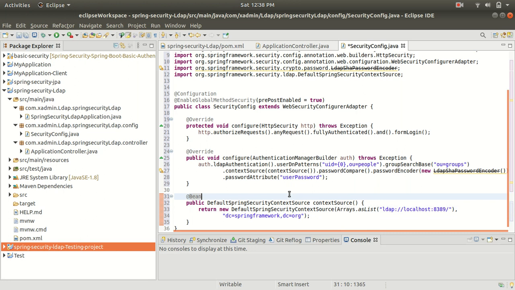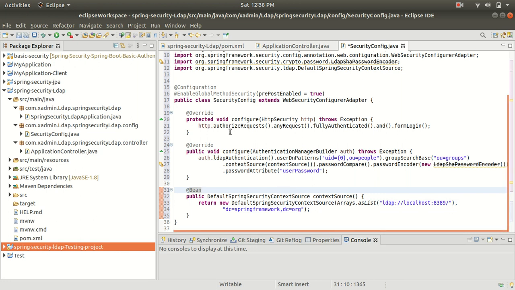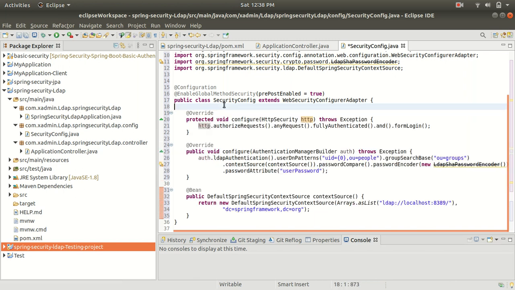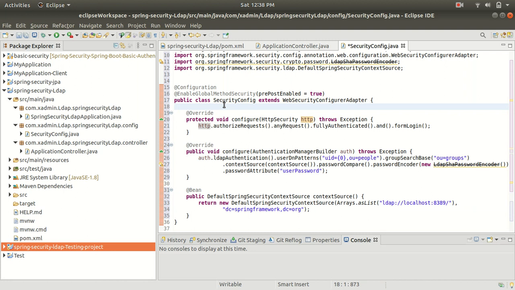All right, so these are the two methods I have added now. This configure HTTP security method is for adding Spring Security to any request, and these are for activating or configuring LDAP. So these are the three methods we have to add to our Spring security configuration file, and we have to extend this file with the WebSecurityConfigurerAdapter class. All right, so now I am going